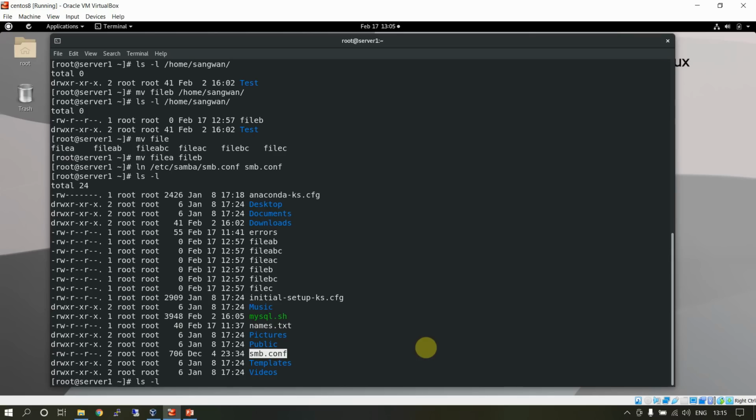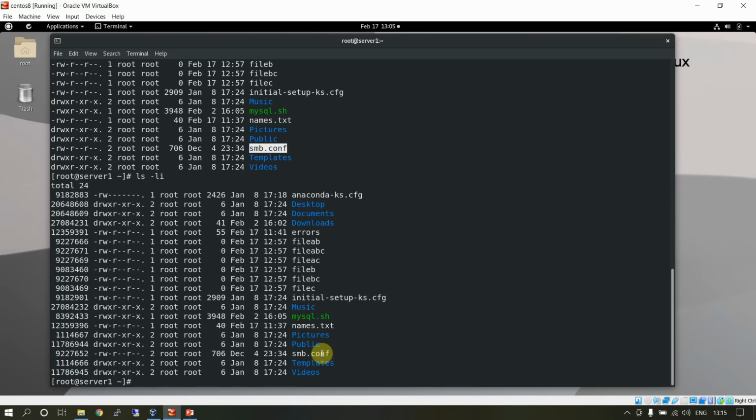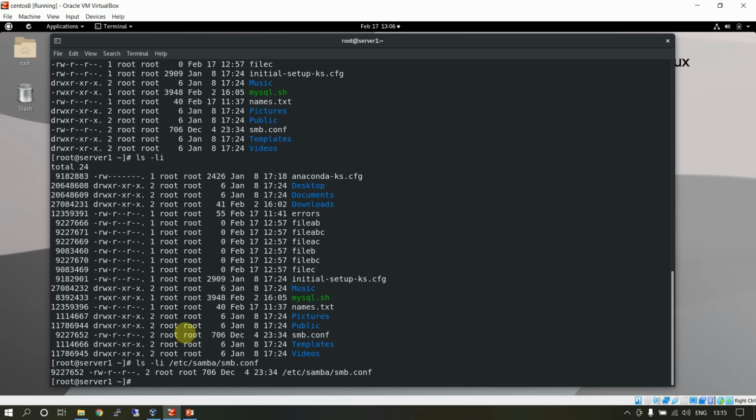To verify the inode number of the two, you can use -i and take note of this inode number. Now if I use ls -li /etc/samba/smb.conf, you will see the inode number is the same, 9227652.